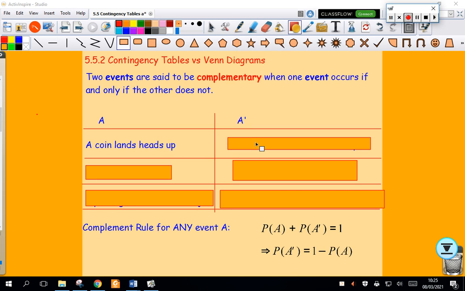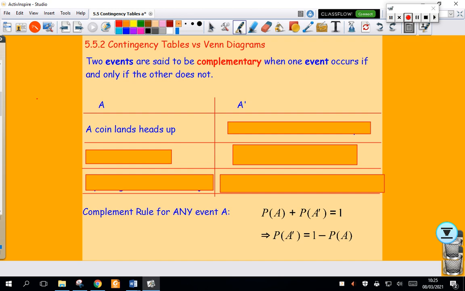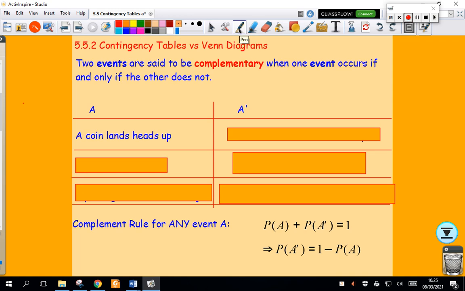Okay, in this class I want to talk about connecting contingency tables and Venn diagrams. Before I get to contingency tables and Venn diagrams, I want to just remind you of what complementary events are. So two events are said to be complementary when one event occurs if and only if the other event does